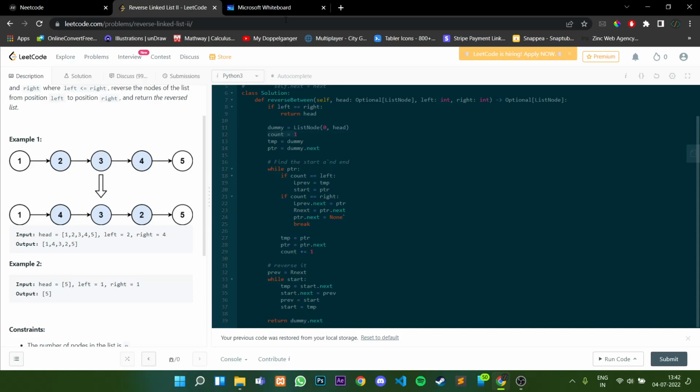We have the counter pointer, as I said here. We have a temporary pointer pointing towards dummy. This is to track the node before the pointer, and pointer is dummy dot next. And we'll run the normal traversing. If count is left, we have L previous as temp and start as the pointer. And if count equals right,